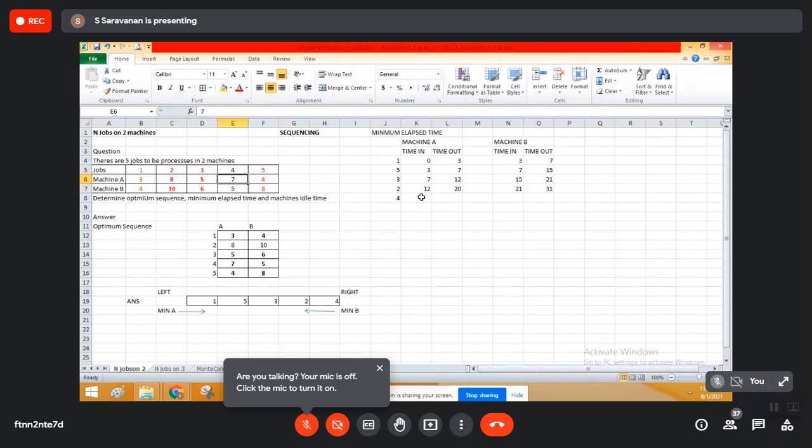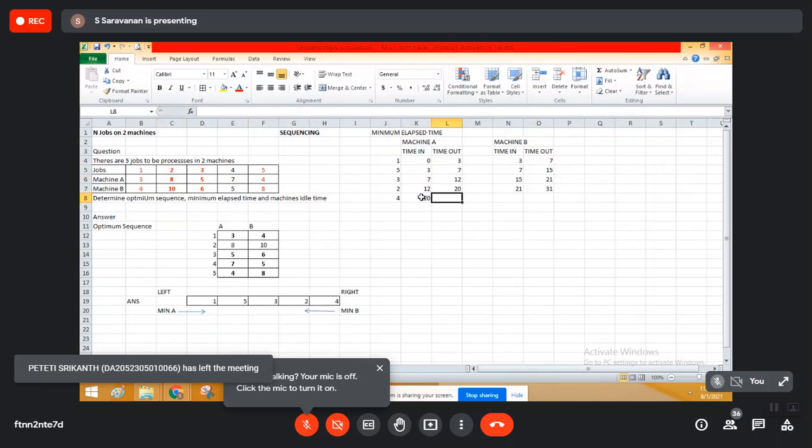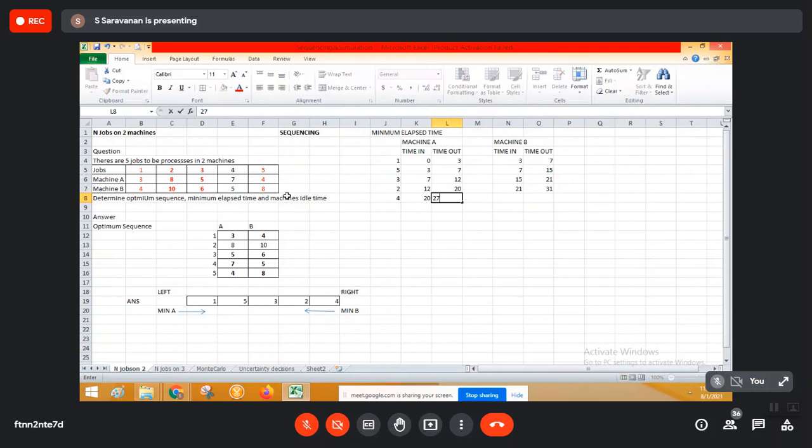So that is the fourth activity, 7 and 5. Now the 20th minute activity is being taken. 7 is the minutes taken, so 27 minutes. See here again, the machine is coming out at 31, here it is 27. So what happens is we can take only 31. So at the 31st minute, the machine will be taking the job. How much time is taken? 5. So 5 means 36.